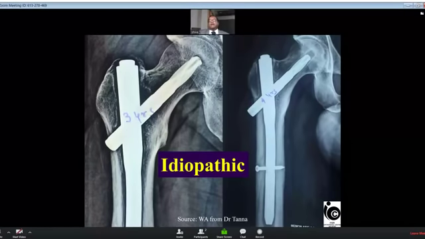Even after the fracture heals, I have seen some of the implants breaking, and this is an example of an implant walking to a Z effect. See, as I said earlier, this is a single screw. That's why I call it walking out rather than calling it a Z effect.